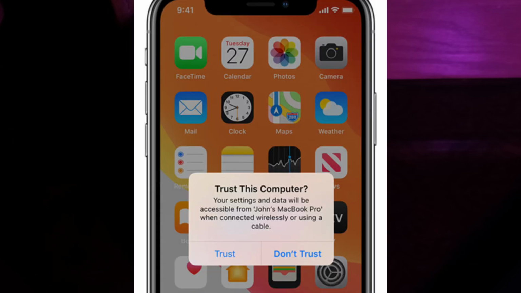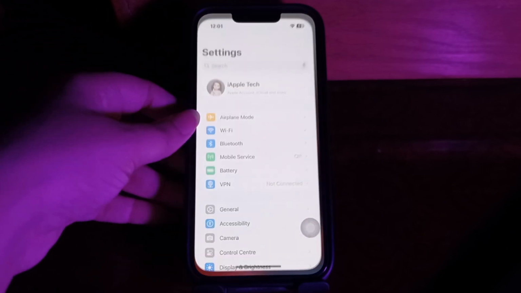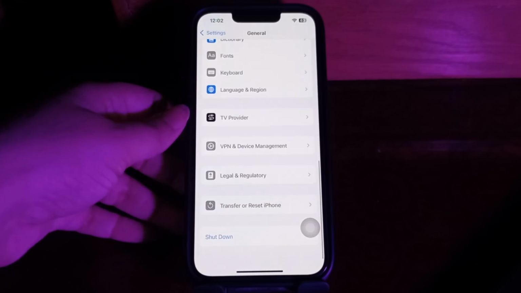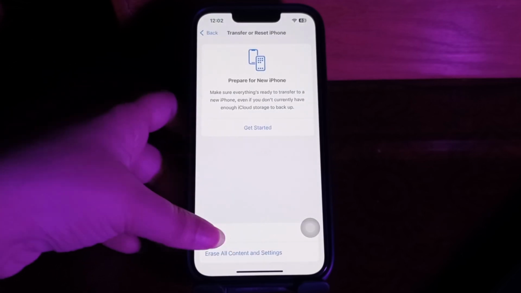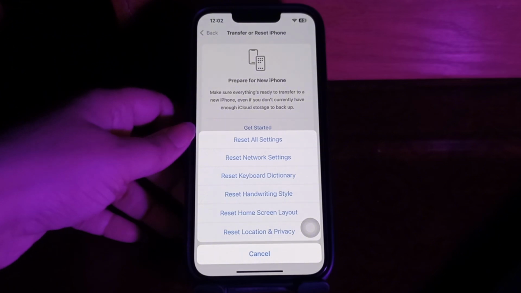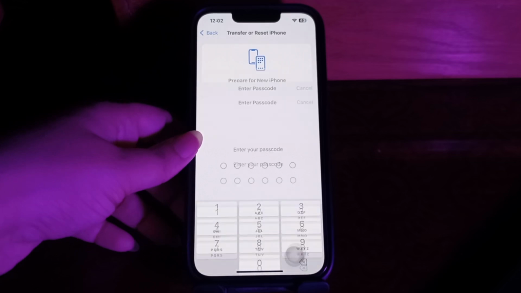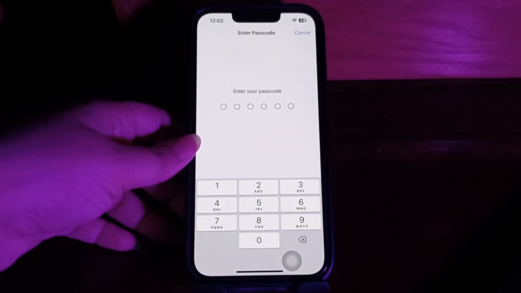If you tap the Don't Trust option accidentally and the prompt does not appear again, to fix it you can go to Settings. Next, scroll down and go to the General option. Next, scroll down and choose Transfer or Reset iPhone, then choose Reset, and choose Reset Location and Privacy. Then replug your device into the computer and the message will pop up again, and then tap Trust to continue, and you are done. I hope this video will help you to fix iPhone not showing up in